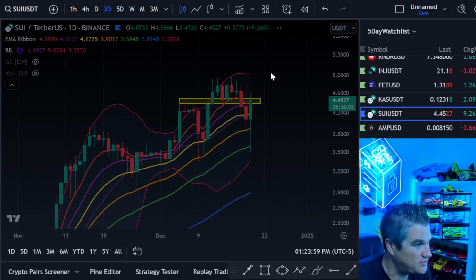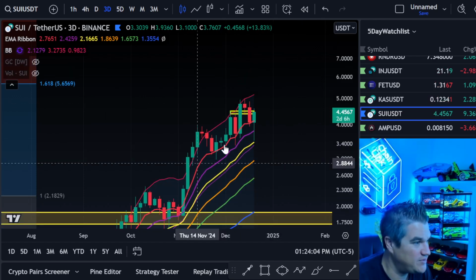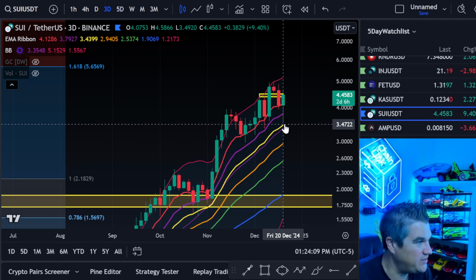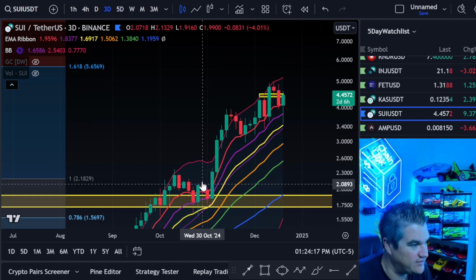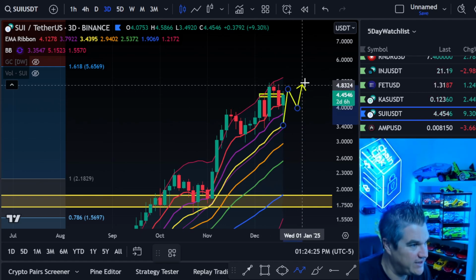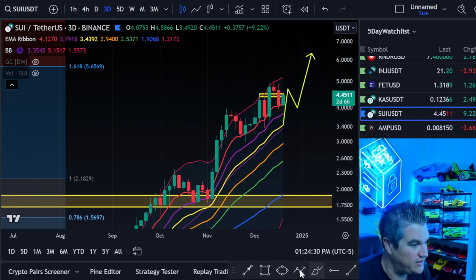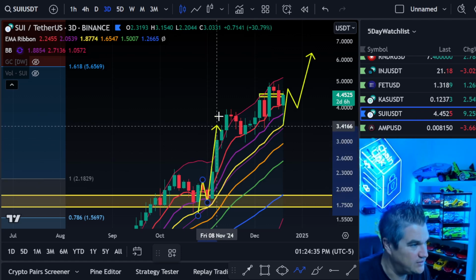Again, on the 3-day, bigger time frame, just another test of the EMA 8, right? There is absolutely nothing abnormal about it. We almost got to the 21. You could consider that a tap off the 21, right? Just like we did back here before, nuking again to the high side. Look at that. So maybe we do something like that, high or low, right? If we did that, it would just be like this: move down, move up, slightly higher low, and then another massive move, right? This would just be a copy paste of this guy. Big move up, higher low, massive move up,